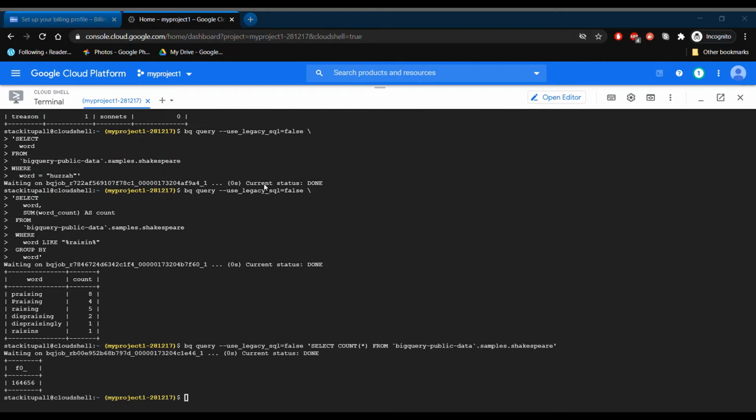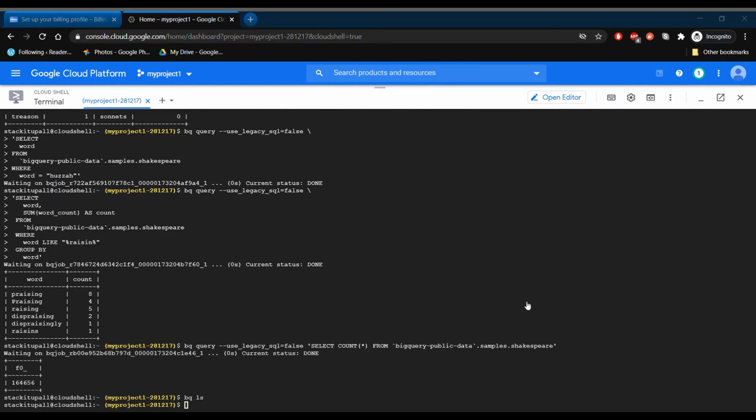So guys, this was a table which was already there, and we just connected to that table and tried querying and exploring the data inside that table. So let's now try creating our own table. So guys, if you use this ls command along with the bq, it will list the data sets that we have in our project, and make sure that your project is listed here. So whatever project you have opened your cloud shell in, that project would be listed here. So we don't have any data set right now in our project, that's why we didn't get any.